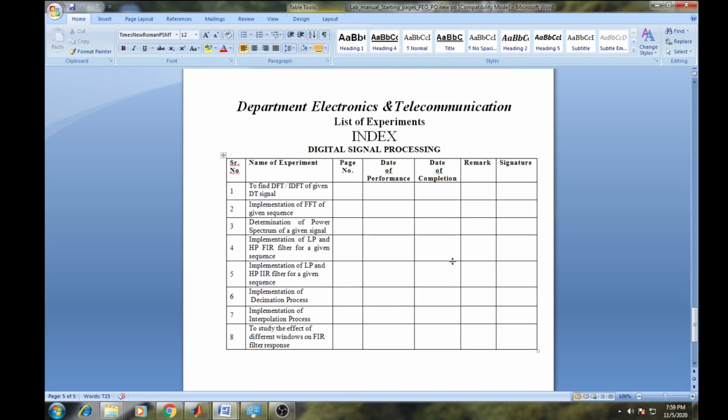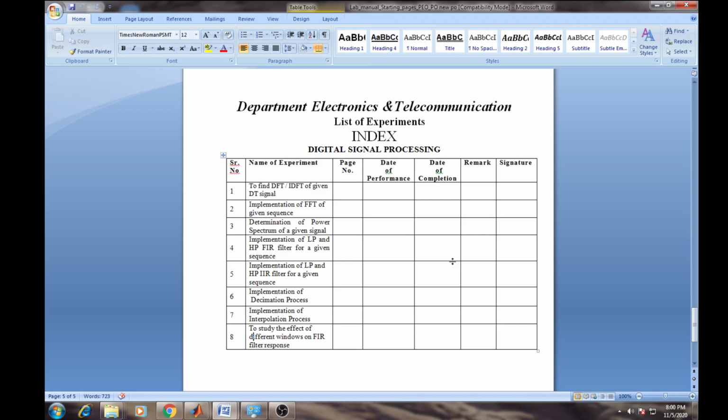The first experiment is based on finding the discrete Fourier transform and inverse discrete Fourier transform for a given discrete time signal. The second experiment is based on the implementation of FFT of a given sequence.